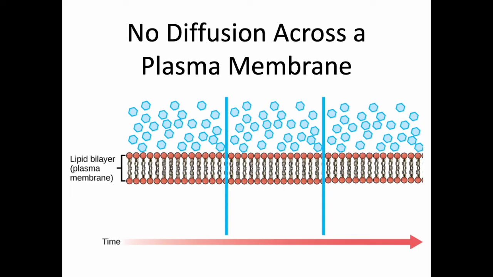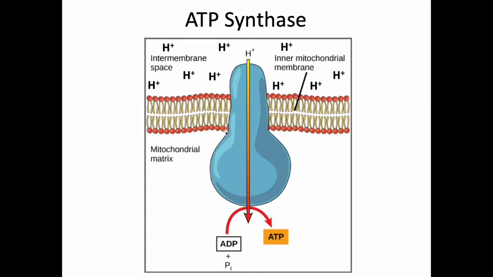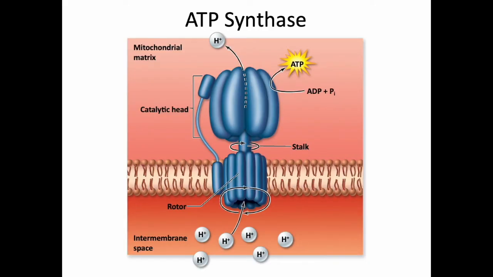I don't like this because it makes ATP look too simple. Again, it's just a blue blob. ATP synthase is actually one of the most sophisticated, complicated enzymes in all of biology. It looks really cool. And so here's a different textbook's version of this. It's still blobby cartoons, but you could see there's a rotor here. There's a stalk. Part of this actually spins.